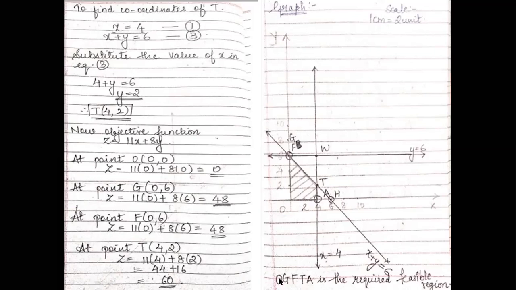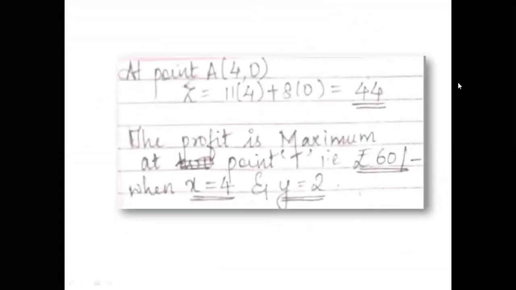So now you have all your 5 coordinates ready to be substituted in the objective function z. So I'll plot all the 5 points. So you can see O, G, F and T. Now you can see F and G are giving me the same values, though the coordinates are also similar. Only the point name is different. So here you can have more than one solution if it is minimization, but our sum is of maximization. So there is one more point A left, which I have substituted in the next slide over here.